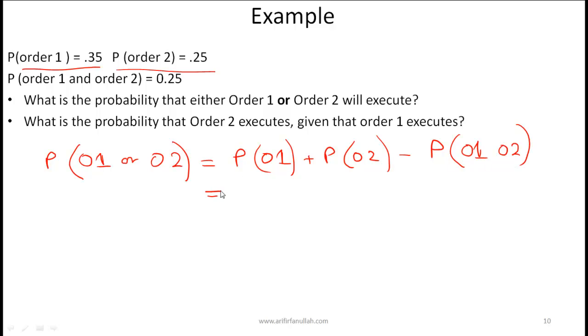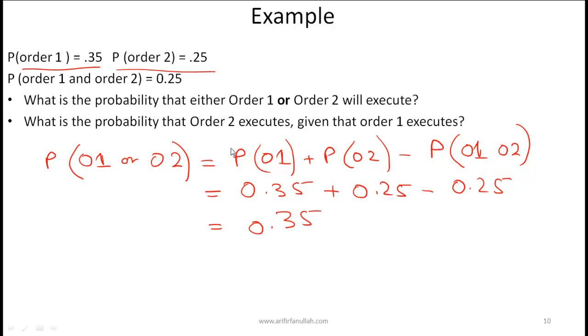So plugging in, the probability of order 1 is 0.35. The probability of order 2 is 0.25, minus the probability of both happening, 0.25. So this answer is